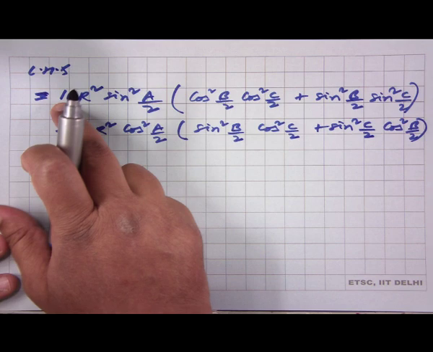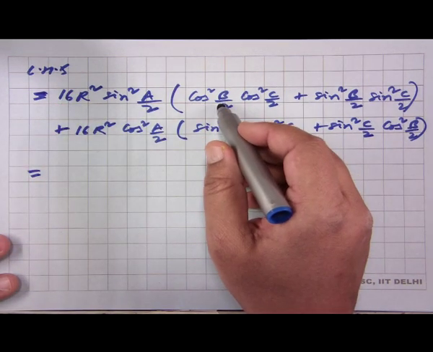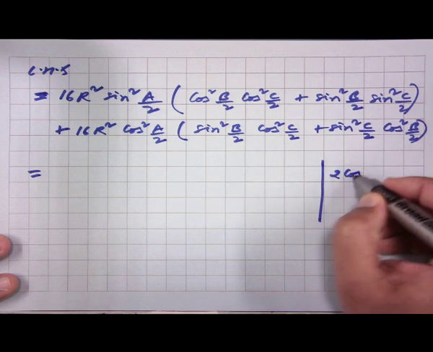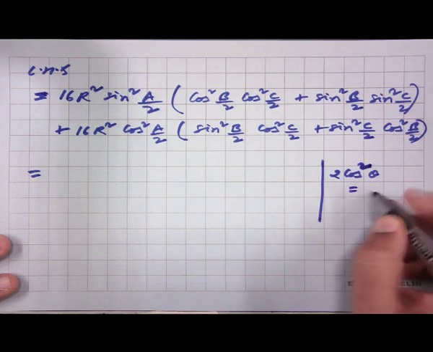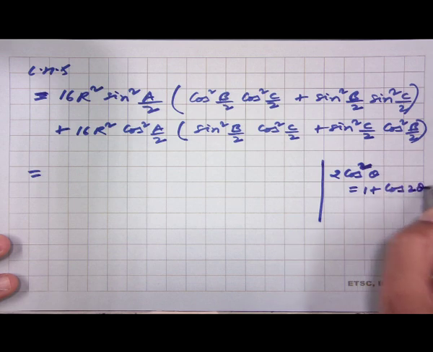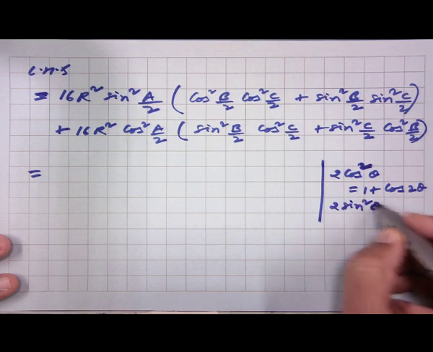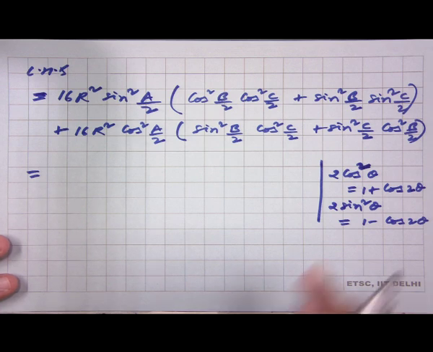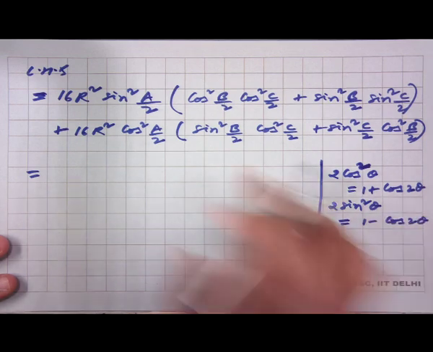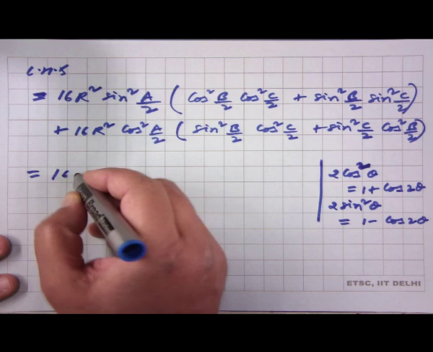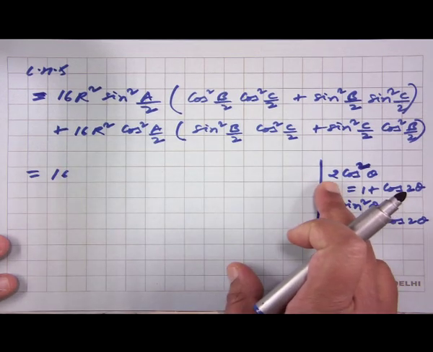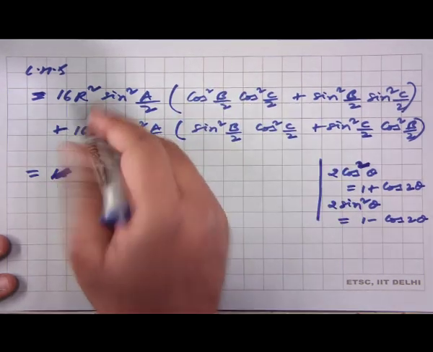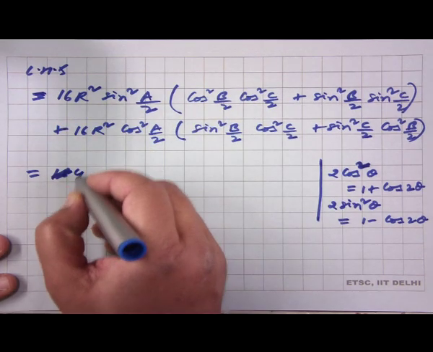So, we will try to move this 16 inside because we have cos square of an angle, and if you recollect, then 2 cos square theta is equal to 1 plus cos 2 theta, and 2 sin square theta is 1 minus cos 2 theta. We will use these two results here now. Since we need a factor of 2 for this and 2 for this, we will have to move 4 inside. So, what remains here is 4r square